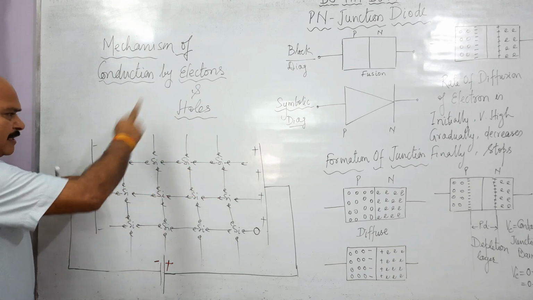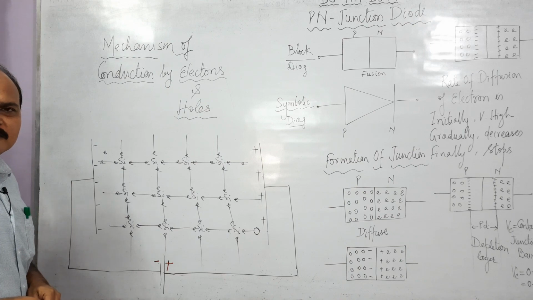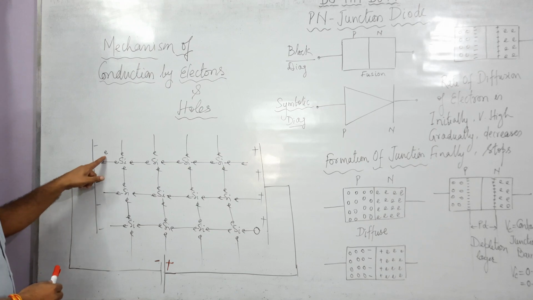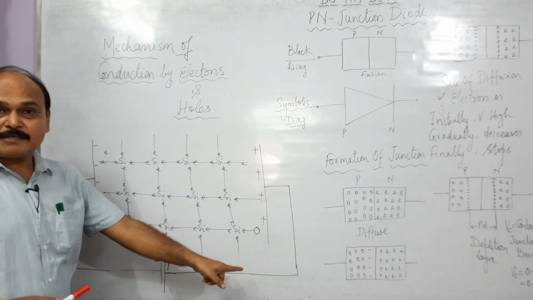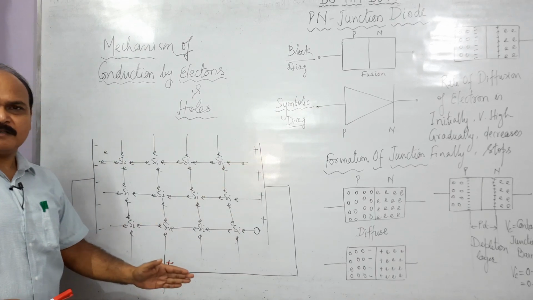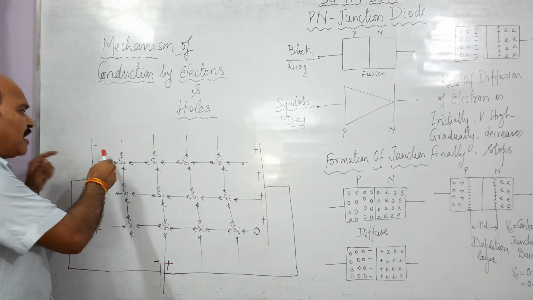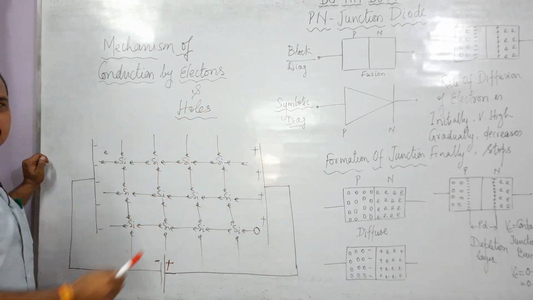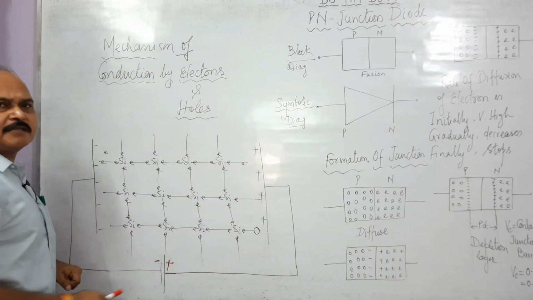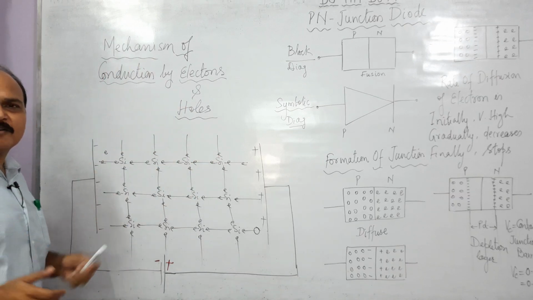In absence of any battery, the electron moves randomly and haphazardly in all directions with all possible speeds. But when the battery is connected, what happens? This electron experiences a force towards this positive plate. So how is this electron going to move towards this positive plate? It is not free space. Does the force act over the electron and the electron shoot its way to this positive plate? No, not at all. It is a jam-packed solid structure. An electron has to move through this jam-packed solid structure. So how does this electron move?